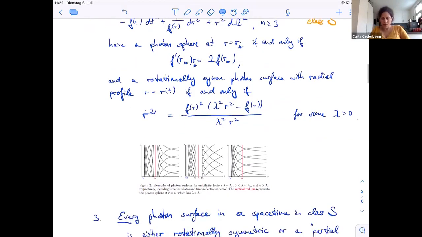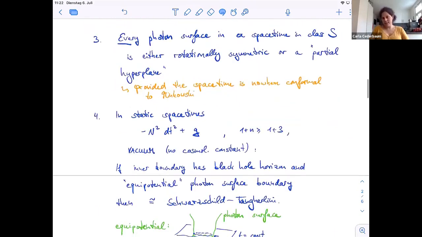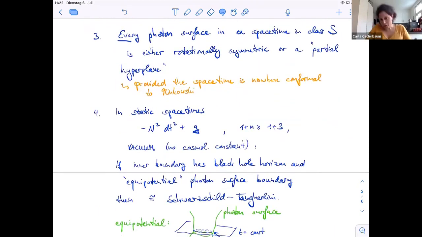Okay. So what else do we understand in this class S? We understand, on top of what I just said, that there aren't only rotationally symmetric photon surfaces, but there are also others which look like partial hyperplanes. Think of the Schwarzschild spacetime in an RT diagram now with angles. If I cut a plane that contains the t-axis, of course it doesn't have an interior because of the black hole, but if I cut a plane in here containing the t-axis and keep the piece, the partial hyperplane, sitting outside the black hole,